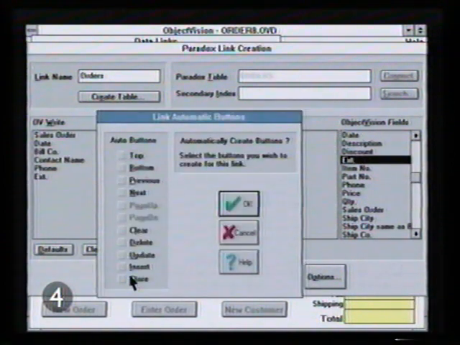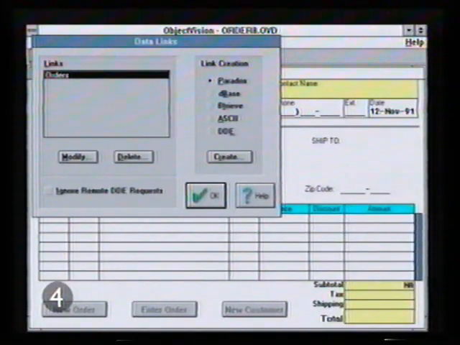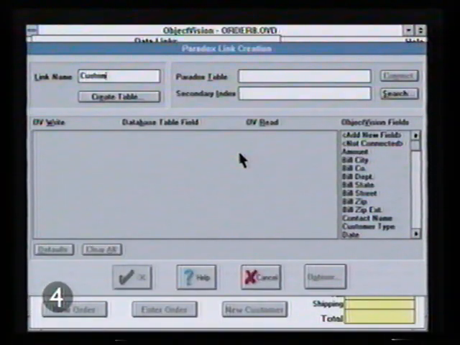And then we have an opportunity to choose the automatic creation of buttons, which we don't need since we've already put buttons on our order entry form. And that returns us to the Link Creation dialog box. So that's the basic procedure. We've completed one of the four links now, and we're ready to move on to the second, and that would be our Customers link. And we begin by clicking Create and enter Customers, and then we search for our Customers Paradox table,